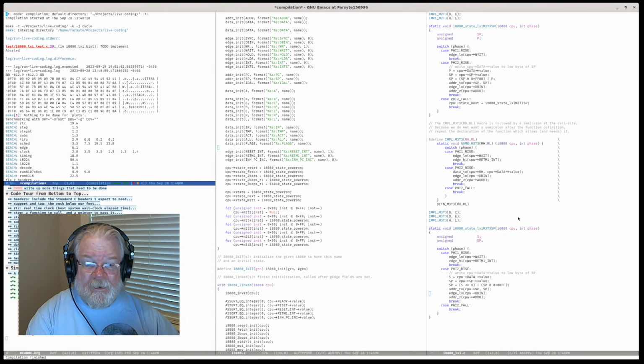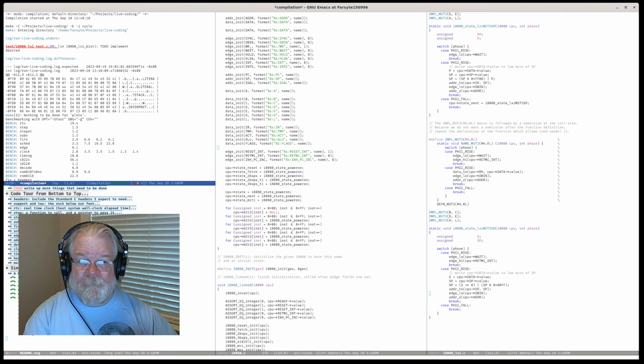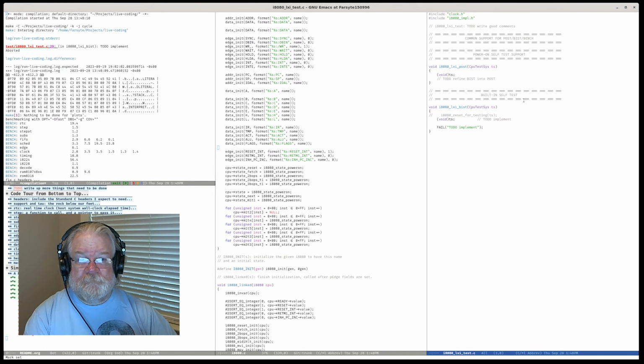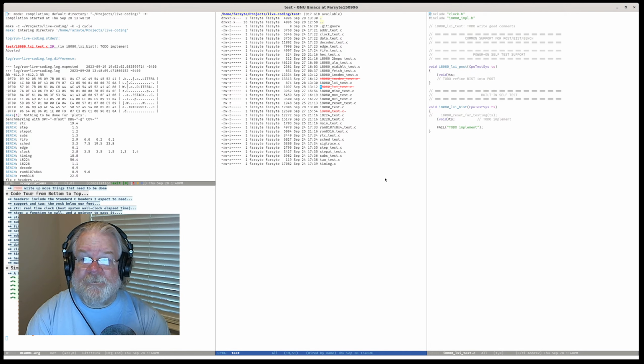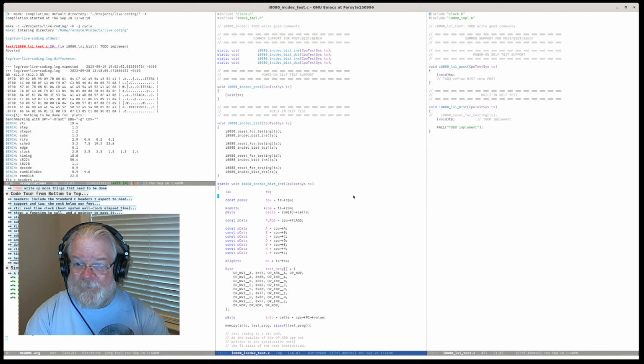So now, let's actually write some tests for this. Test I8080 LXI test.c. And I want to pattern this after the most recent set of tests, which has all the most recent set of tools.